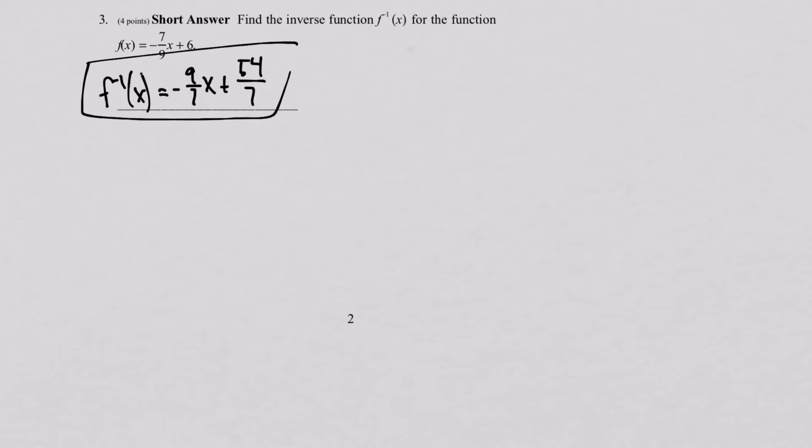Now, if you recall, in order to check that the functions are actually inverses, what you do is a composition of the two functions. So you substitute f inverse into f of x, or f of x into f inverse. Either way, you should get x. Okay, so let's try right now. I am going to substitute f inverse into f of x. So what I'm going to get is,